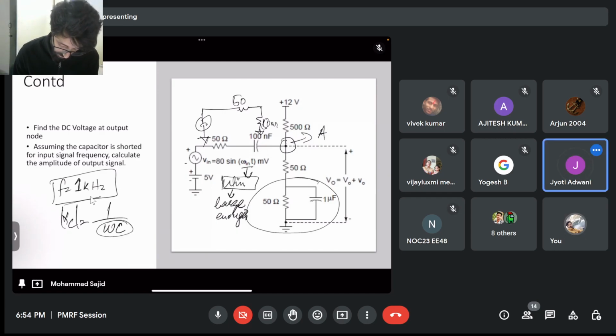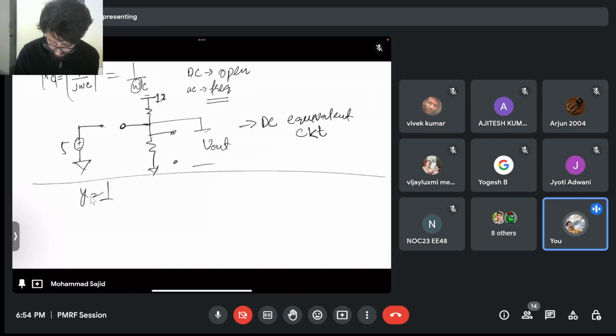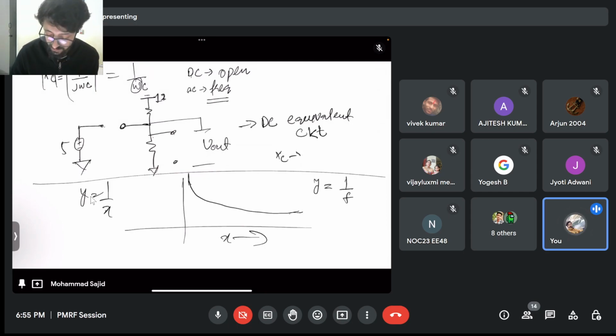Yes, sir. Okay, so how will it behave as a frequency? Like this. If you have y is equal to 1 by x, how does it behave? Like this, right? At low frequency, if I call this as 1, y is equal to 1 by f. Xc is the reactance. It's the resistance that is, in simple terms, we say that it is a resistance offered